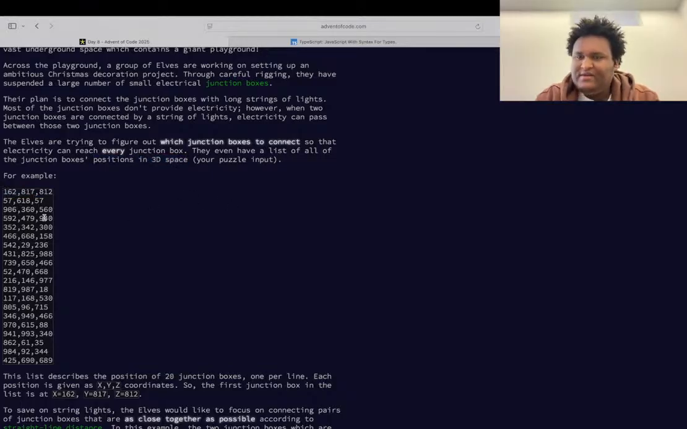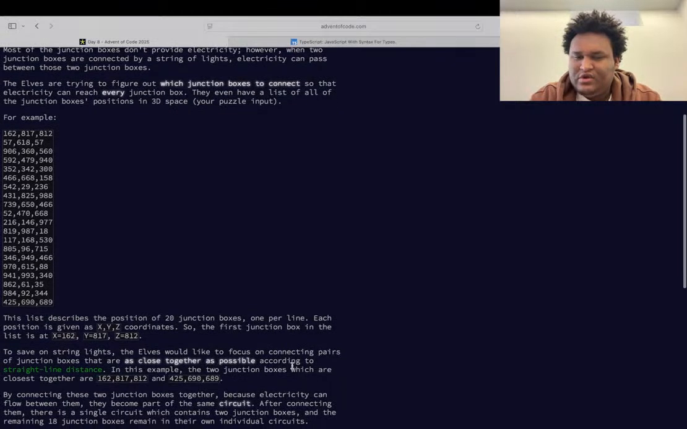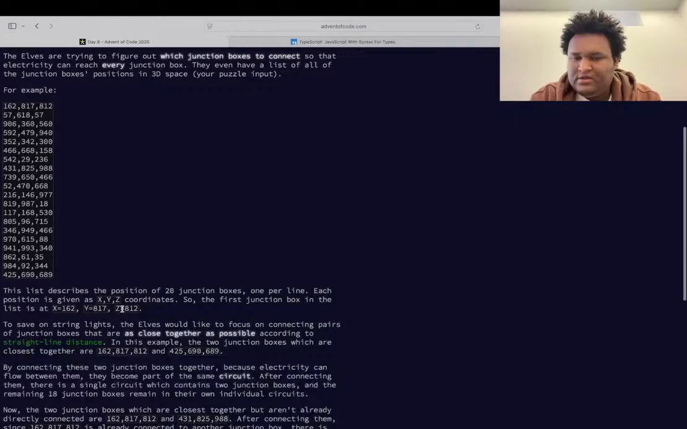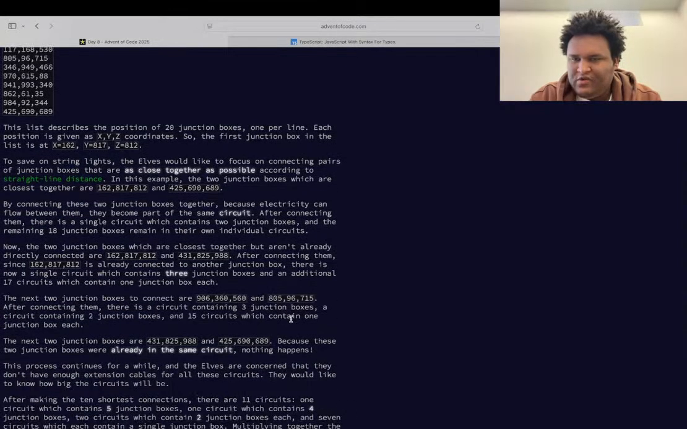For example, this list describes the position of 20 junction boxes, one per line. Each position is given as XYZ coordinates. So the first junction box in the list is blah blah blah. To save on string lights, the elves would like to focus on connecting pairs of junction boxes that are as close together as possible. According to the straight line distance, in this example, the two junction boxes which are closest together are these, connecting these two junction boxes together because